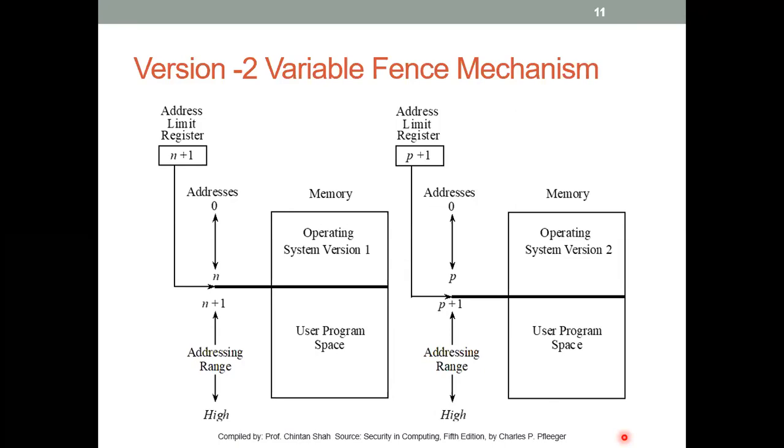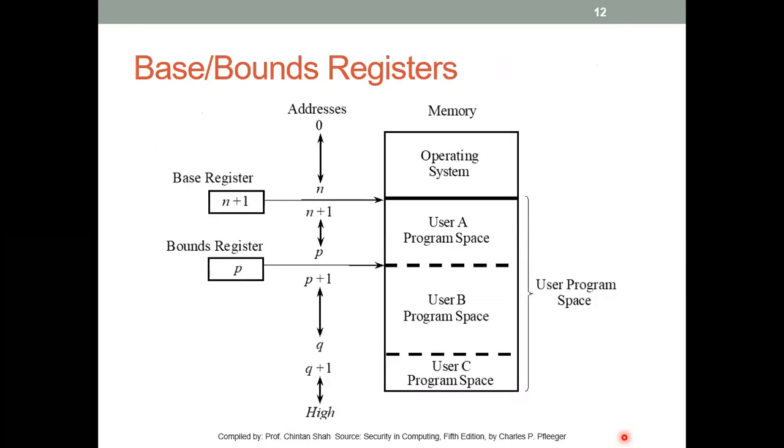Any doubt in this? If not, then we are going to start with the next type, which is the base bound register. And then we'll end the lecture. Meanwhile, I expect that all of you might have entered the details there, your UIN number, your name, and the roll number. Okay. So let us go. I think you do not have any doubt. Let us go to the next type, which is now called a base bound register.